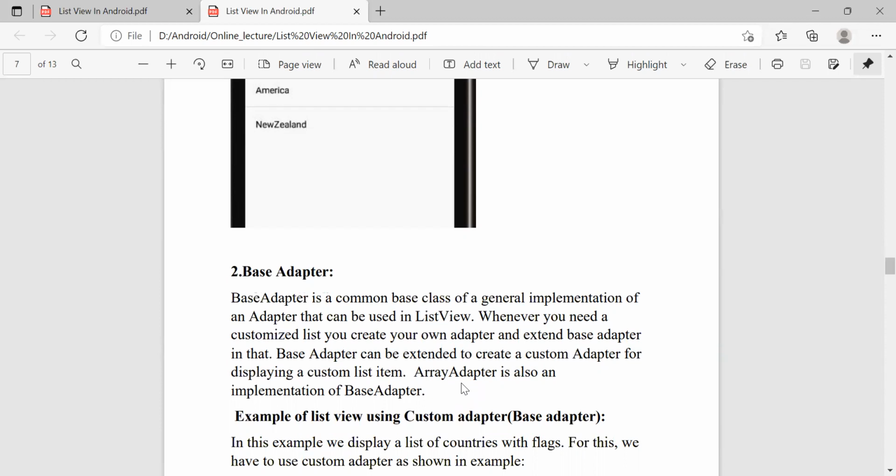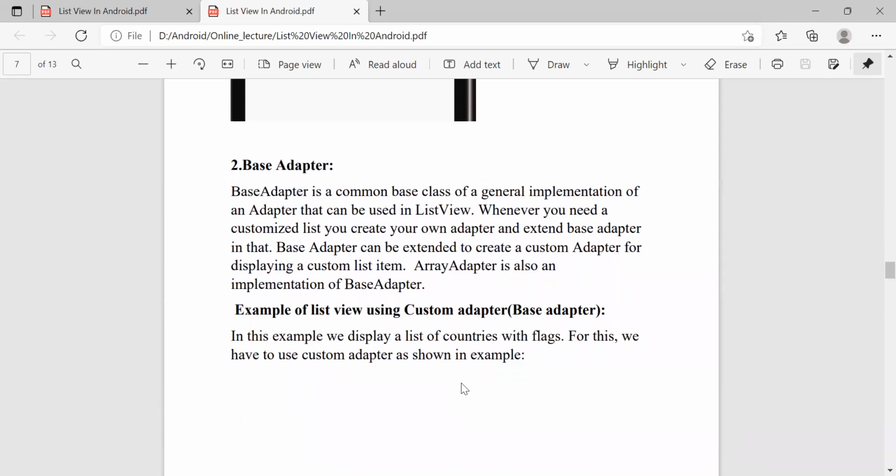Base adapter can be extended to create a custom adapter for displaying the custom list item. Array adapter is also an implementation of base adapter. So array adapter is also implemented from the base adapter, and base adapter is generally used for customization. So whenever the lists are more complex, we generally prefer the base adapter.